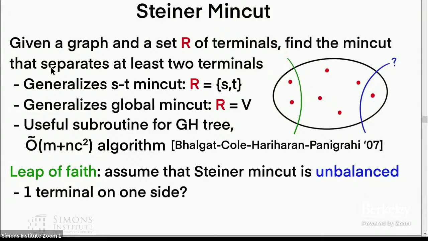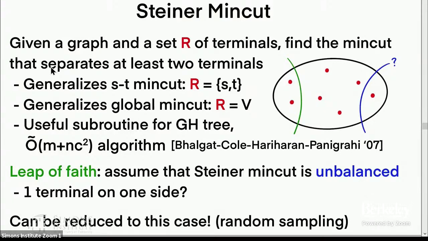Now, of course, at first glance, this assumption does not seem to be that fruitful. Why do unbalanced cuts capture the general case? And also what can we gain from such an assumption? In fact, when I started working on this problem, I had no idea either. All I knew was that locality was a useful concept. It's been successful in the past. Let's just try it here. And this key assumption turned out to be the key step in the entire algorithm. After we assumed this, everything else almost